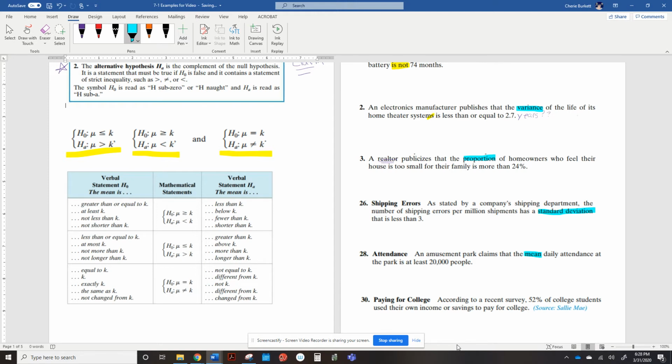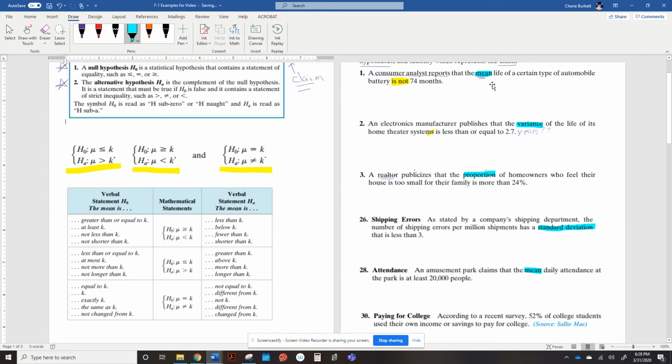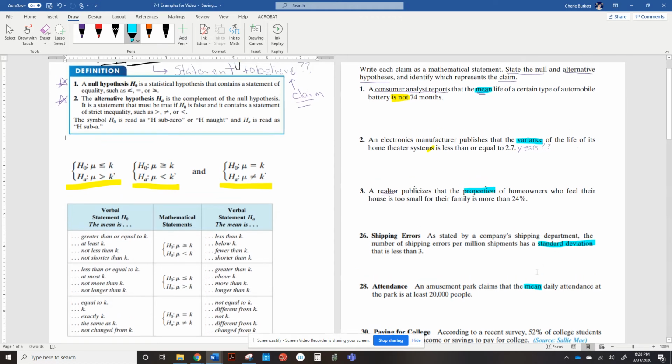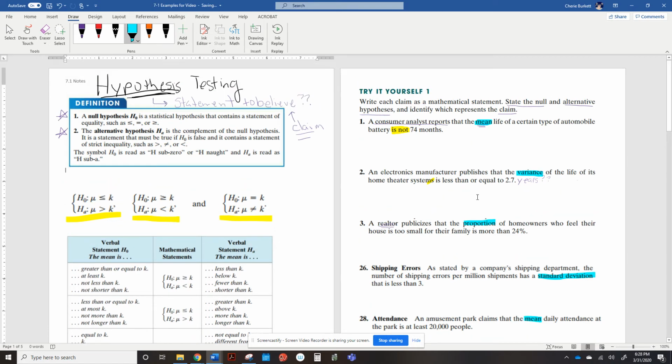So in each one of these problems right here, we have a different statistics word, and that statistics word will tell us what symbol we're going to use. Now, after we do this first lesson where we're just getting the idea of how to read the claim and how to write both the null and the alternative hypothesis and get them labeled correctly,